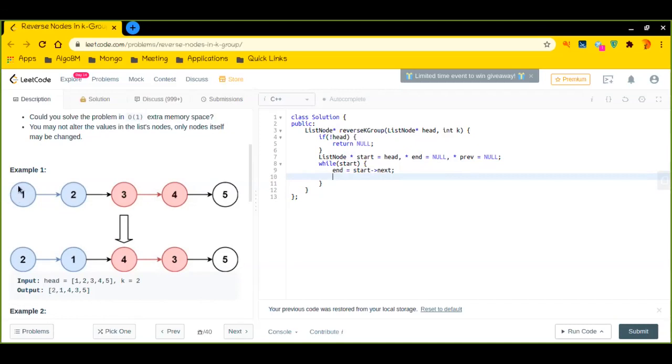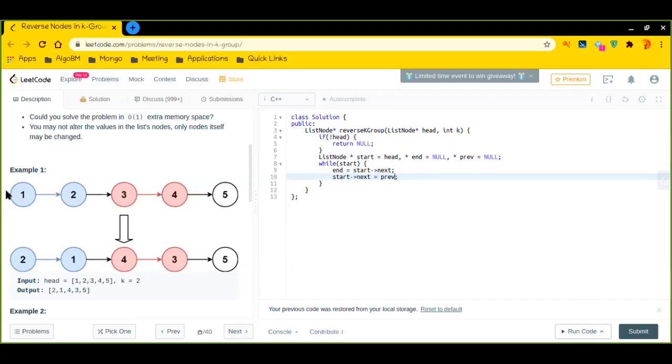Previous was initially pointing to null, which was coming before this particular node. My intention is that I should connect start's next to previous. So I connect start's next to previous. Now start's next is connected with null, since previous was initially null, so logically this connection is now removed.